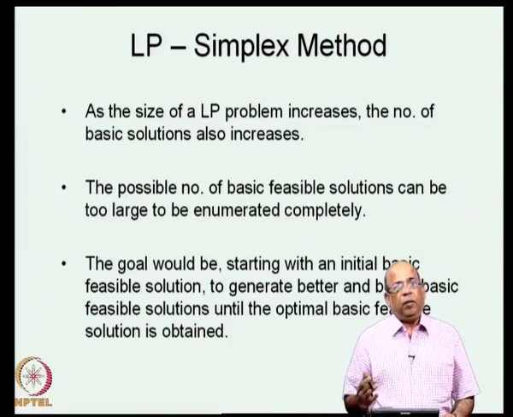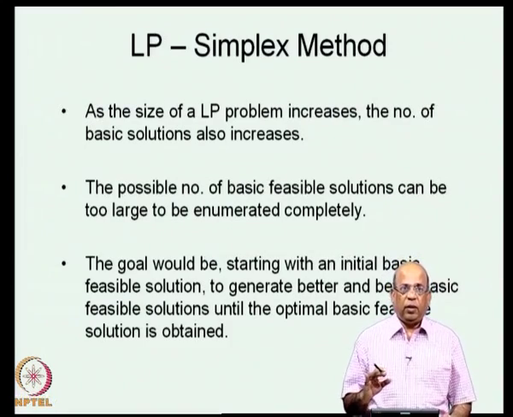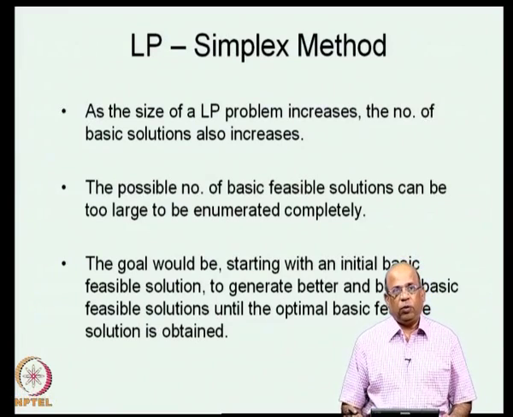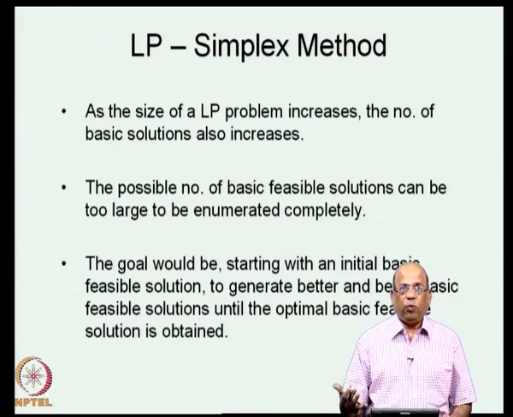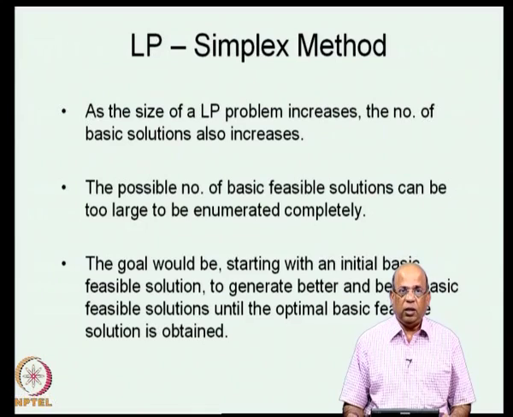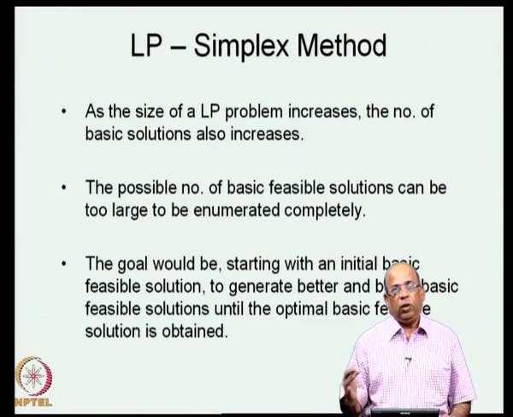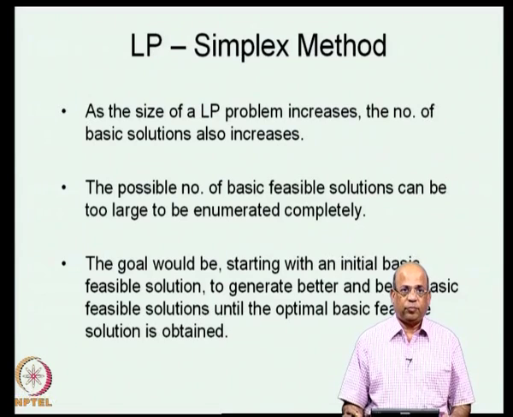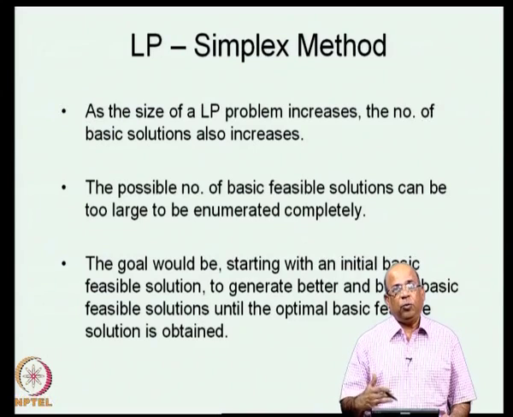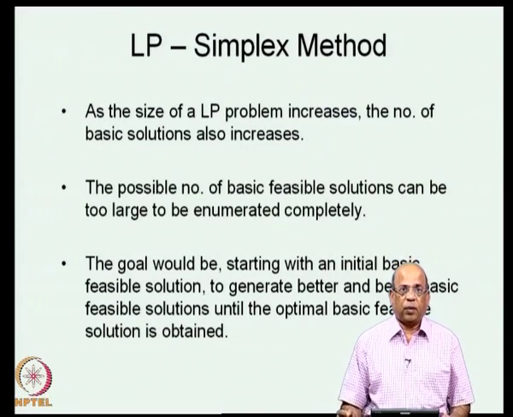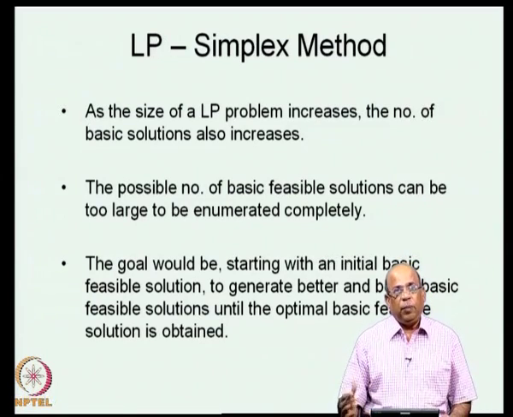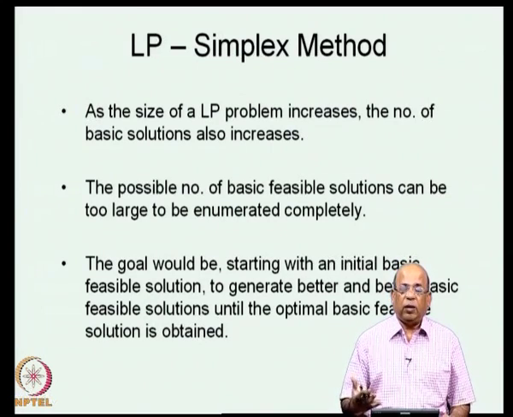So, as you saw in this particular case, there were 2 constraints and 2 variables originally, and then it became 4 variables because we added slack variables associated with each of the inequality constraints. Therefore, to convert them into equality constraints, we added slack variables. We ended up with 4 variables, and that led to 6 basic solutions, out of which 4 were basic feasible solutions.